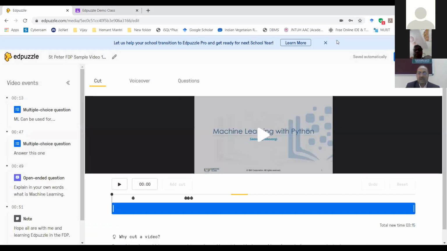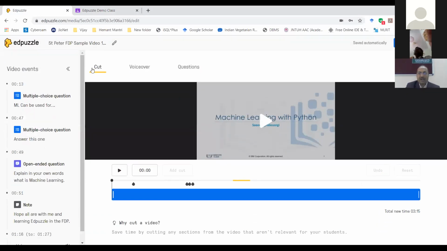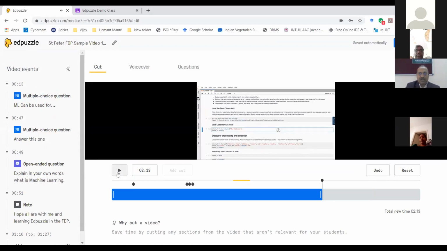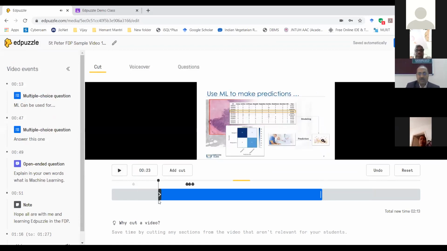If anyone missed that part, please see here. I use the cut part for cutting my video. Whichever part I like, I will keep. Change the code for the sound. Delete.